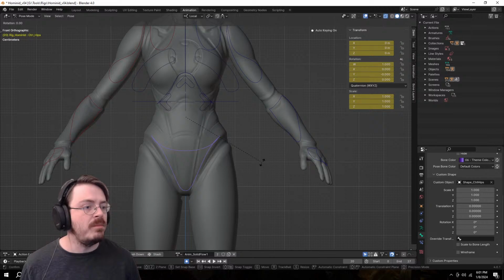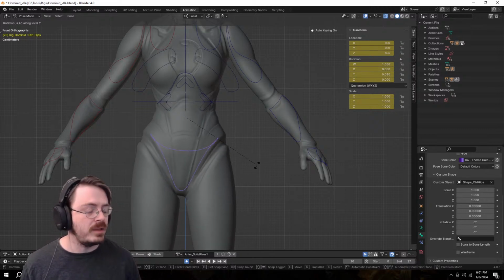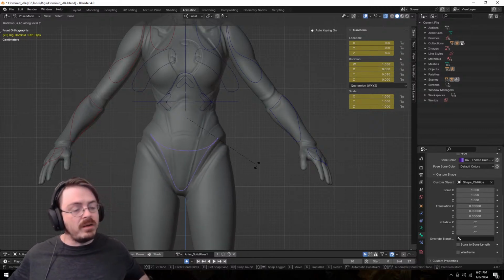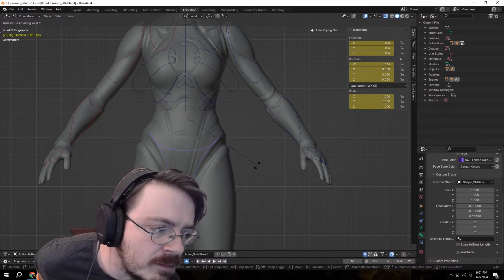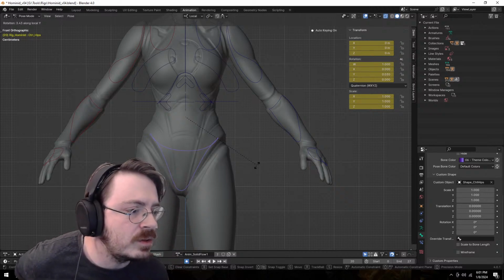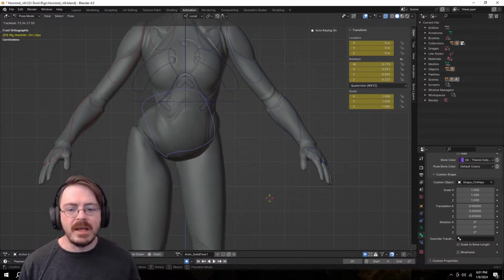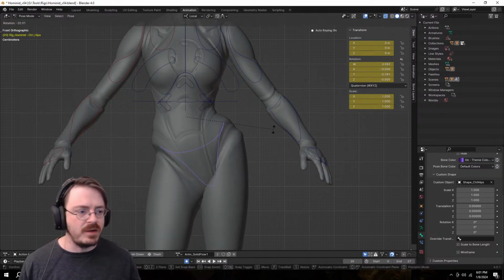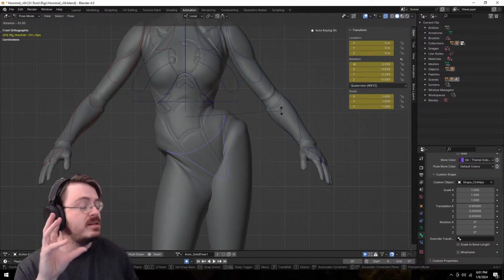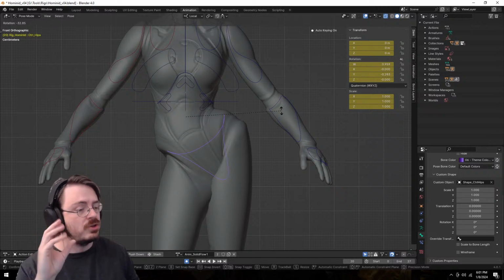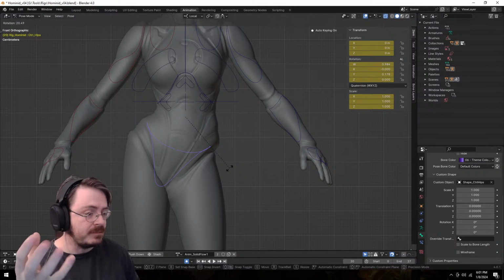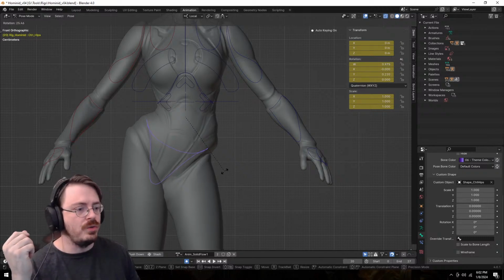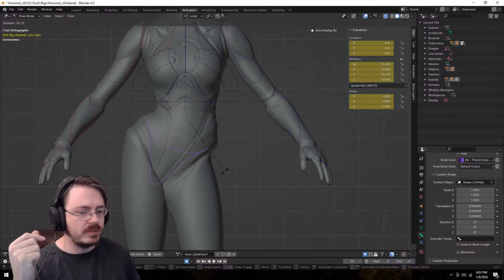They rotate from a point much farther up, like at the top of your pelvis, where your iliac crests are, and where your spine at the lumbar connects to your sacrum. That's where your hips like to rotate from. But again, because the deformation bone, the bone that actually affects the mesh, is not oriented that way, we needed some kind of mechanism in order to flip it around.